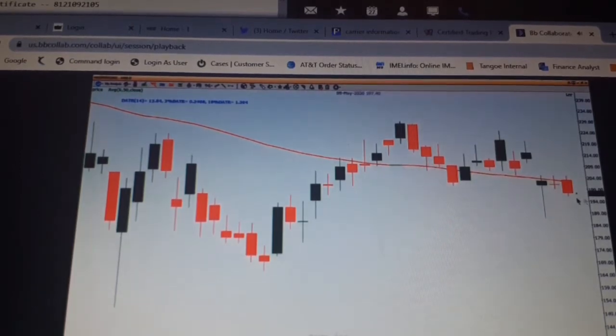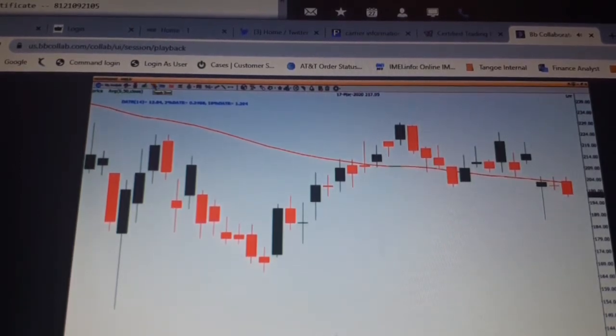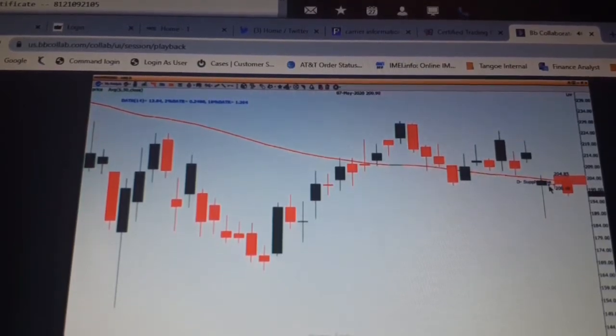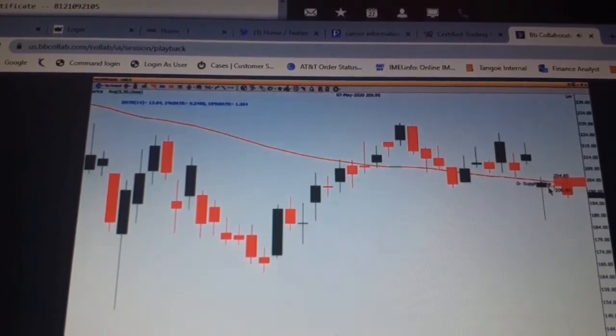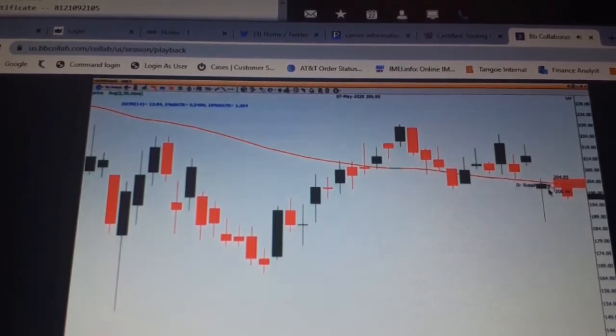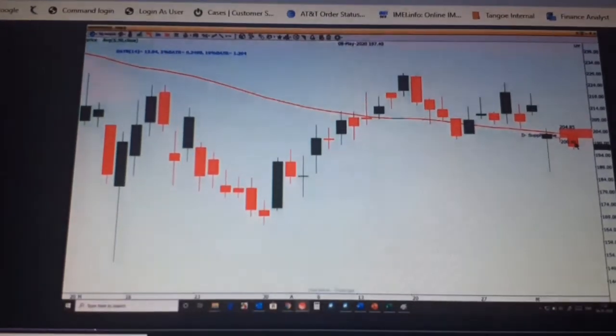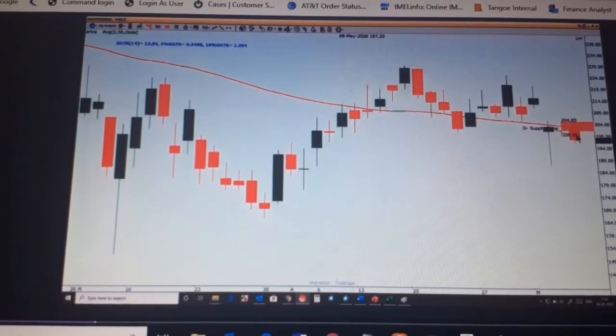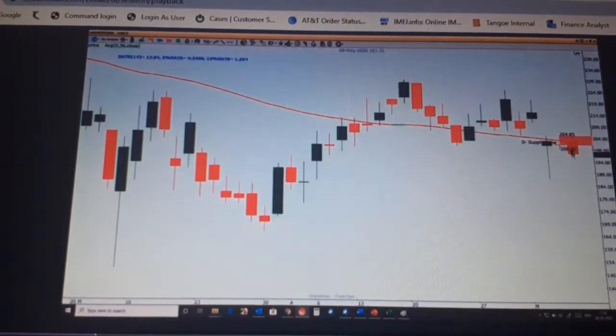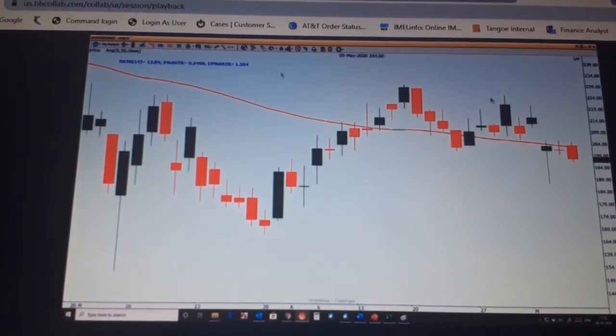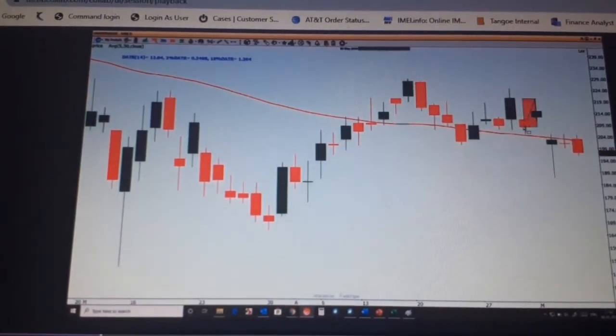So this is the current market price. I'll start from the current market price. Can I mark this as my supply zone like this? No. Why? The answer is, I cannot mark this because this is the current candle. It is not yet closed, so you cannot mark this supply zone. So I have to go above and mark this as my supply zone.